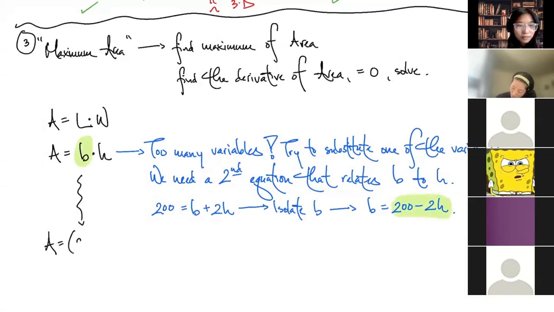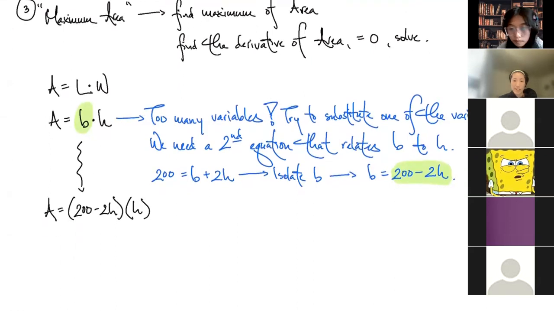Area equals 200 minus 2h times h. How about that? Now we have one variable, which is the comfort zone of Calc 1. Only one variable. Thank goodness. Okay, so once you've got it to have a single variable, that is like big time smiley face, because now we're just using the rules we know to take a derivative. Well, find the derivative, set it equal to 0, and solve. Okay,